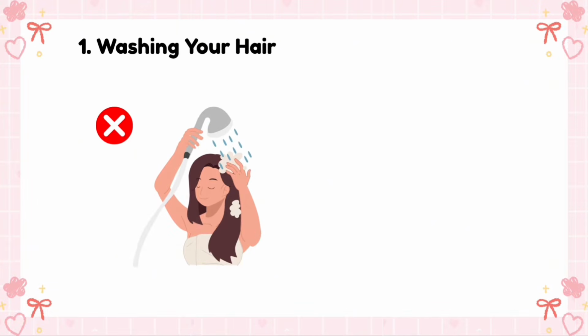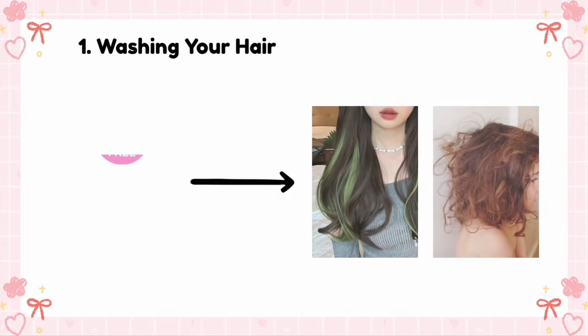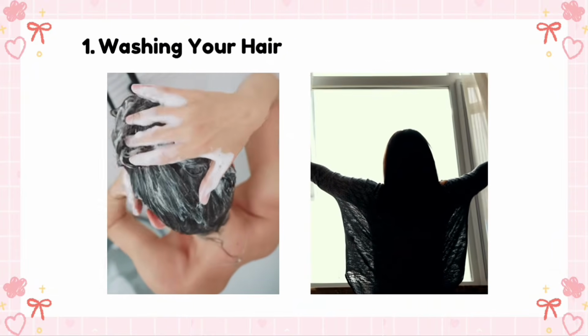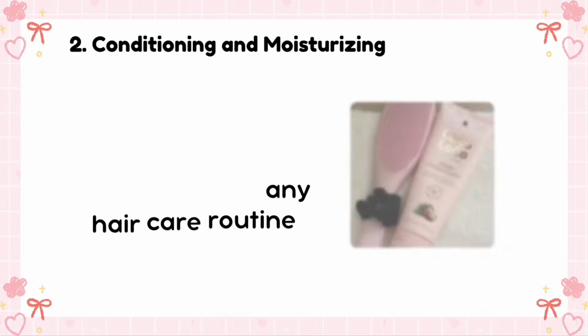Avoid overwashing your hair, as this can lead to dryness and damage. Use a gentle, sulfate-free shampoo if you have color-treated or damaged hair. Consider washing your hair in the morning rather than at night to help preserve your hair's natural oils while you sleep. Conditioning and moisturizing. Conditioning and moisturizing are crucial steps in any hair care routine, as they help to nourish